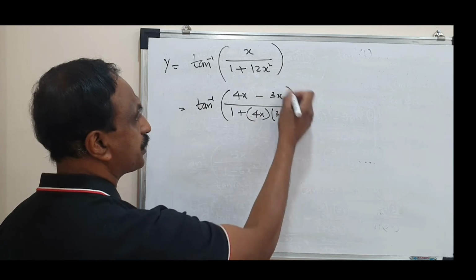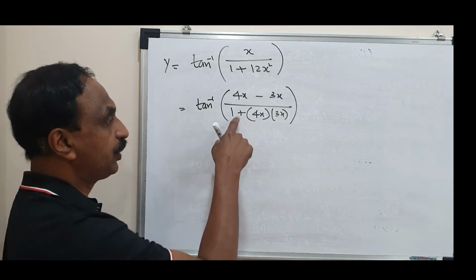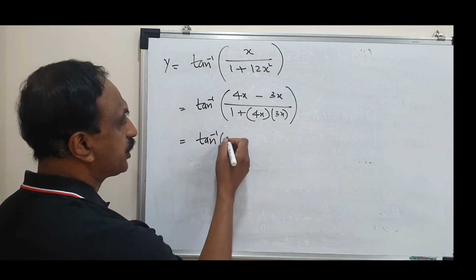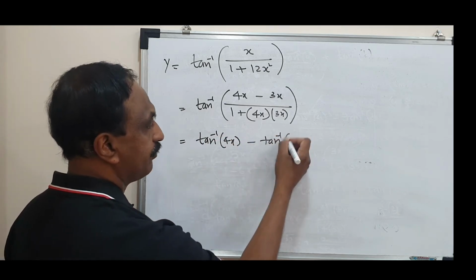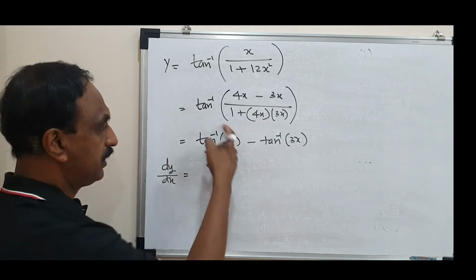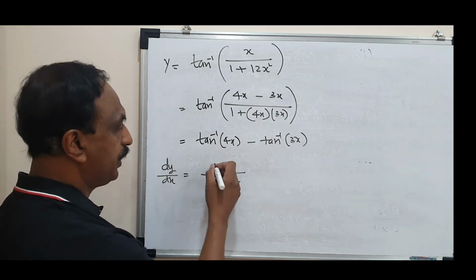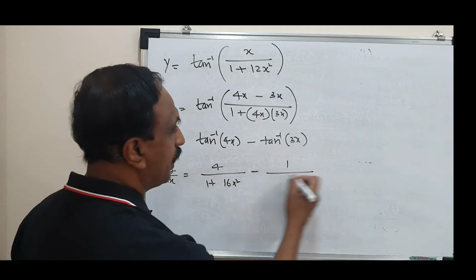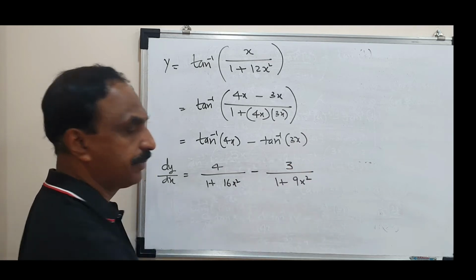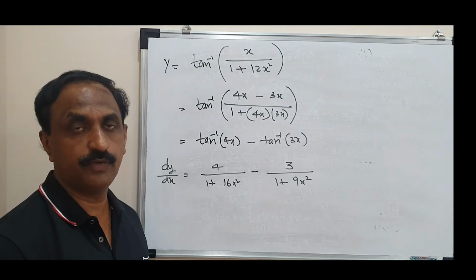It's similar to a quadratic equation. The difference: when you get a plus sign here, the numerator should be a difference. When you get a minus here, the numerator should be a sum, which can be written as tan inverse 4x minus tan inverse 3x. Now we can differentiate this and write your answer. I'm directly writing the derivative of tan inverse 4x: 1 upon 1 plus 4x the whole square, so 16x square, into the derivative of 4x, that becomes 4. Minus 1 upon 1 plus 3x the whole square, that is 9x square, into the derivative of 3x, that will become 3, and that becomes my final answer. So you are able to simplify directly, then get the answer. That's the benefit of this problem.